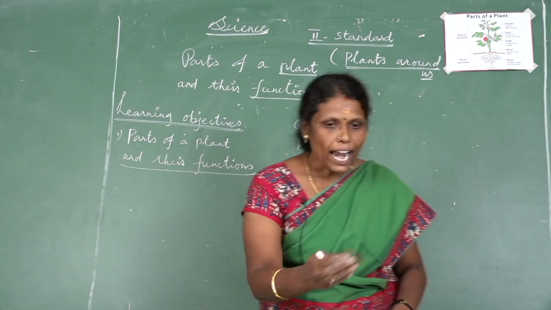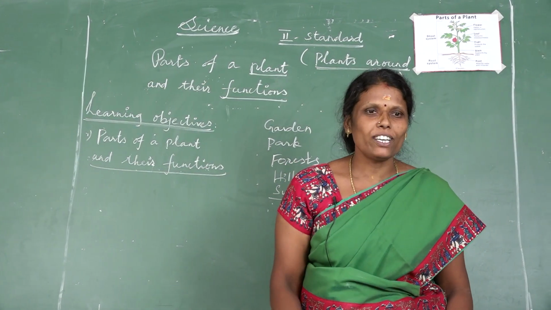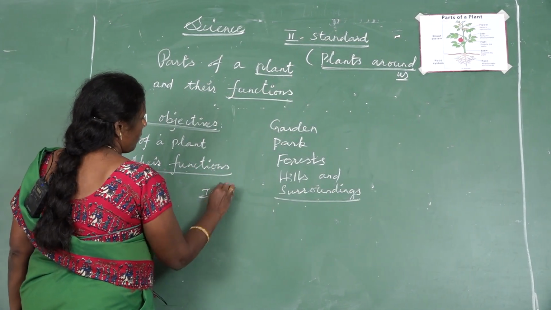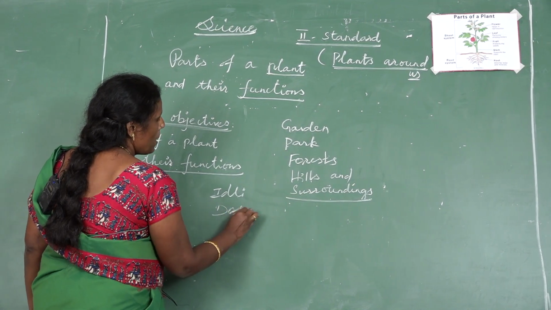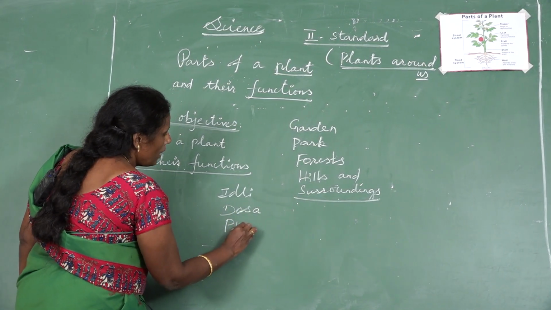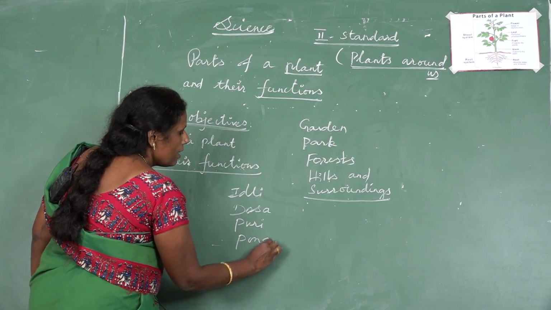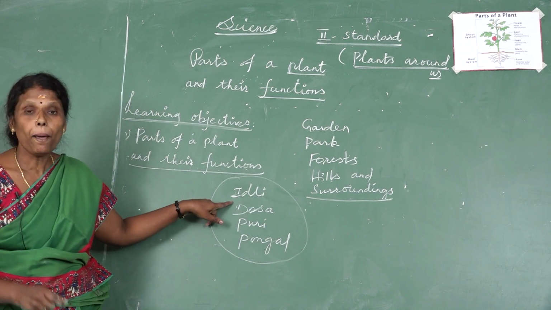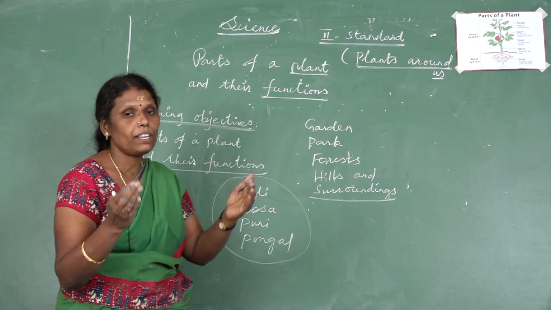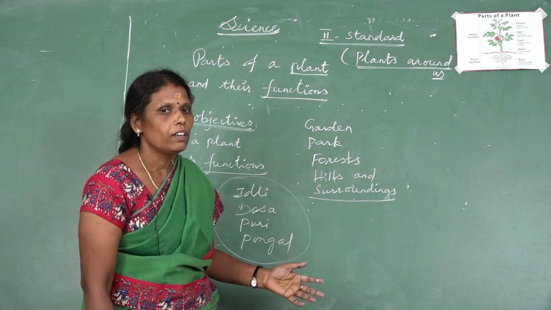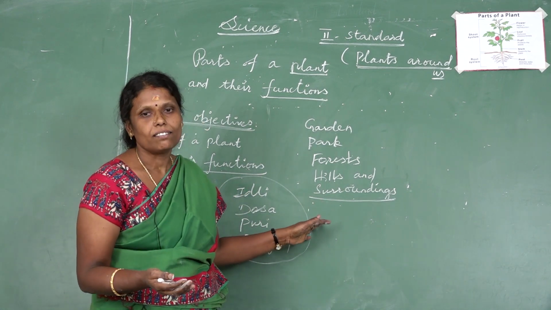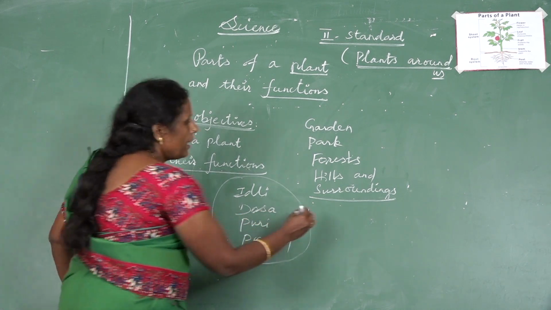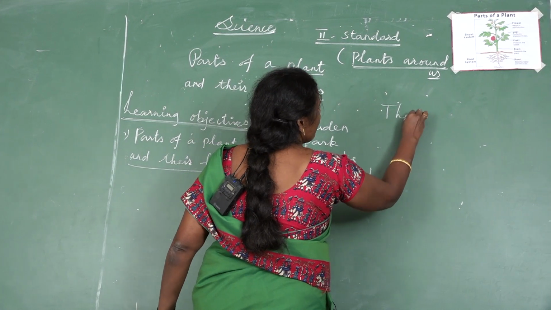Okay children, have you had your breakfast? What's your breakfast? Idli, dosa, puri, pongal, etc. These are the food items that we get from the plants. So the plants are very important to our daily life. Plants are living things. They are useful to us in many ways. What are they? They give us food,